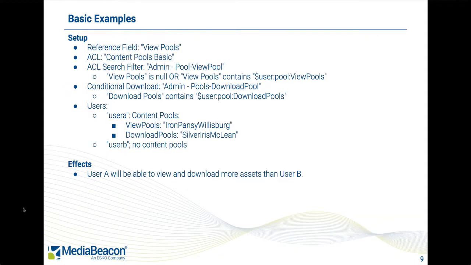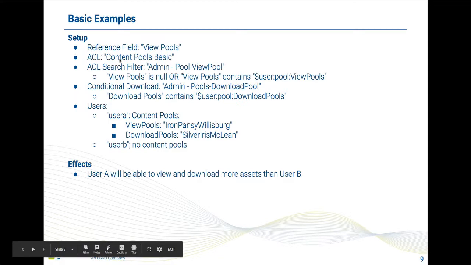All right. We're going to take a look at some examples here, and I'll just give you some information on how this is set up within my system. I have a reference field called view pools, a standard string multi-value field that I can put various different values into, and that identifies the pools to which an asset belongs. The ACL that I'm going to use here is called Content Pools Basic,